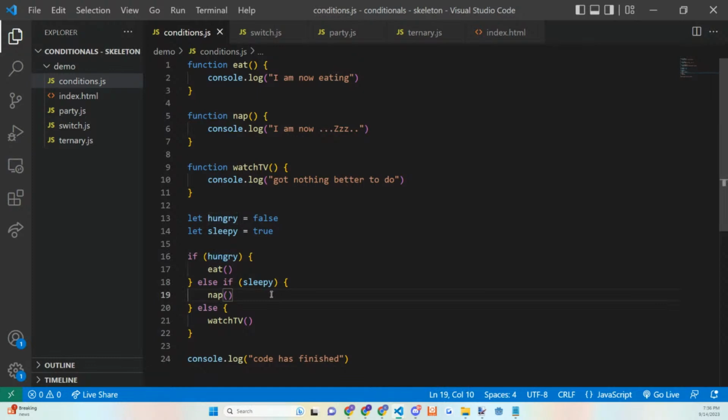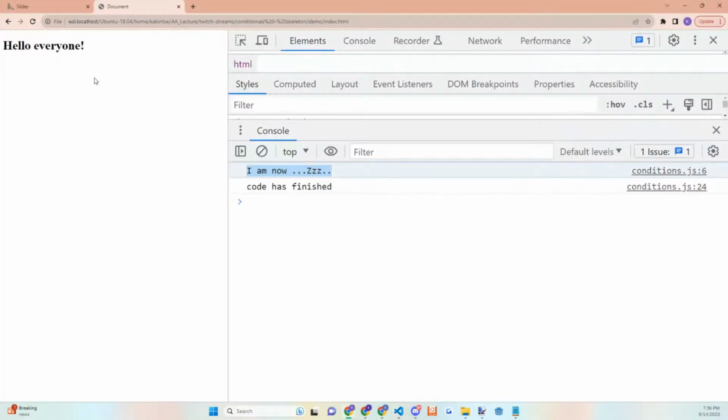All right, we'll revert it back to what it was. And what if both of these were false? If both of these were false, then neither of these conditions were met, and we would naturally expect to hit the else, which is almost our catch-all, saying that if any of these conditions are not met, then this is the one that will always be our last line of defense. And as you see, since both statements were false, we had nothing better to do.